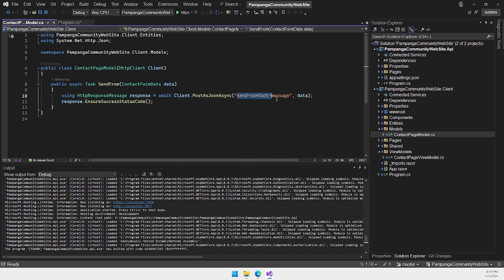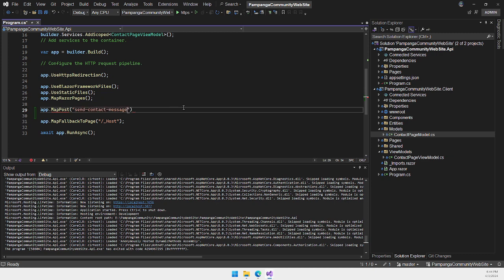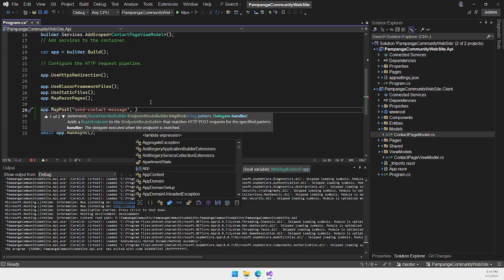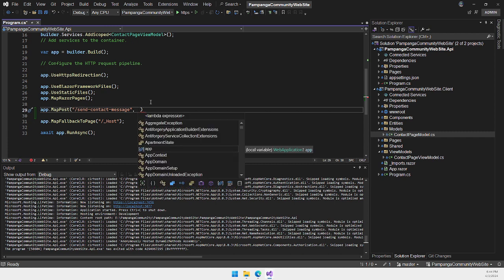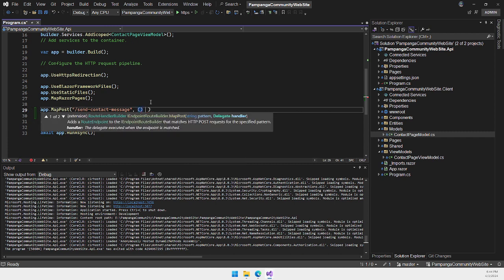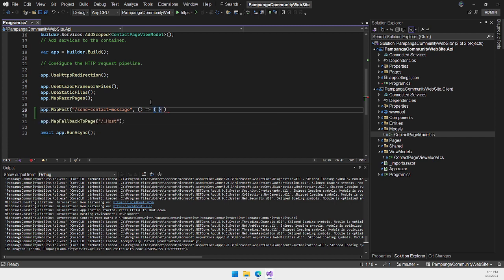This is the name of my endpoint. It needs to start with the slash, okay, and then what I'm going to do, I'm going to execute this function,